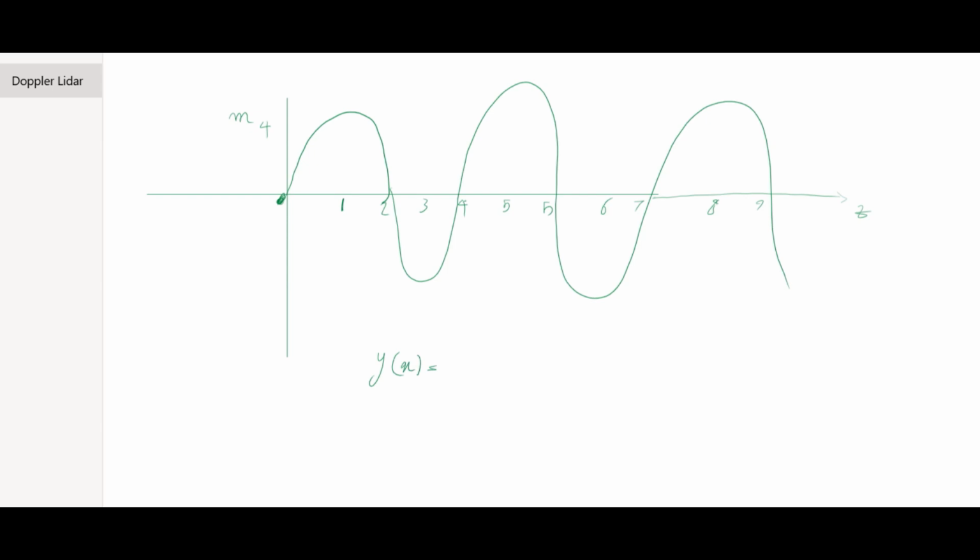Does it look like a sine or cosine or whatever? Is it a tangent? Is it a cotangent, or what is it? It started at 0, and at 0 it is 0, then at 90 degrees or 1 second later it has reached its full capacity, so definitely it is a sine. So I write here sine